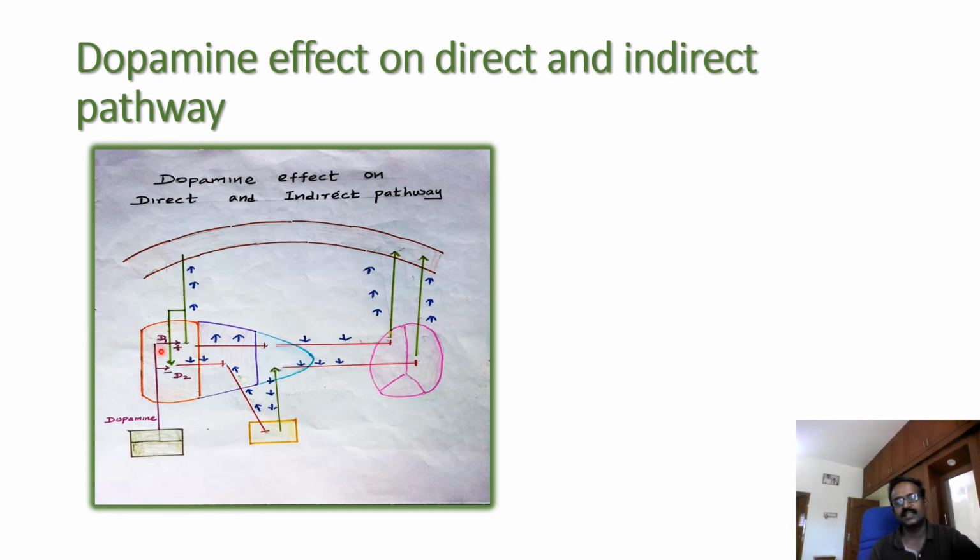So depending on this, it executes the skilled movements. Okay. Sometimes we have to maintain a particular posture, which means it stimulates the direct pathway and inhibits the indirect pathway. If you execute some other movement, it depends on the dopamine acting on the direct and indirect pathway. Here the cholinergic neuron also releases acetylcholine, which also balances the activity of the dopamine on the striatum and the connections, the direct and indirect pathway connections.